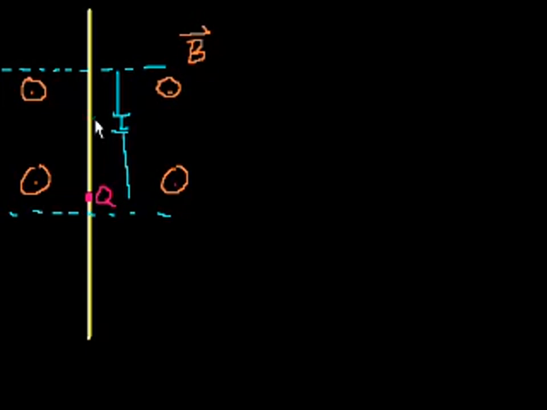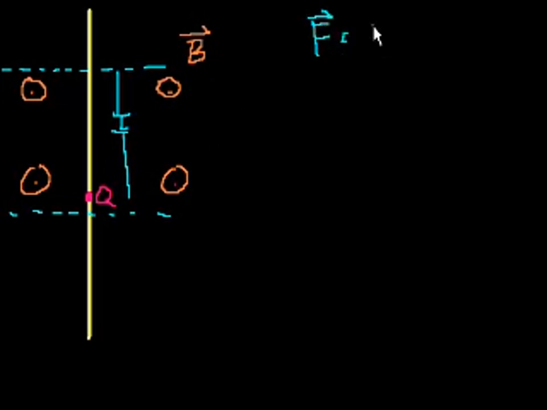I have this charge sitting on some type of conductor that we can consider a wire, and the magnetic field is pushing out of the page. So in this current formation, let's say I don't have any voltage across this wire or anything. What's going to happen? Well, if I just have a stationary charge sitting in a magnetic field, nothing really is going to happen, right? Because we know that the force due to a magnetic field,